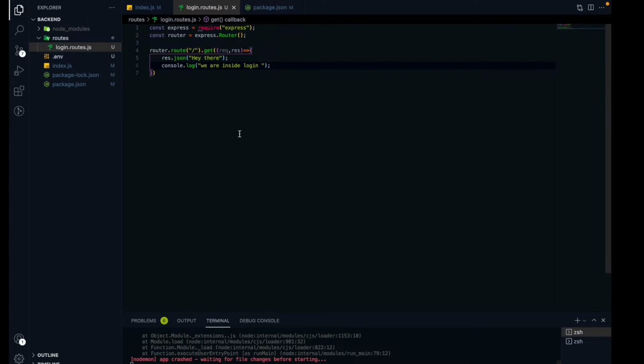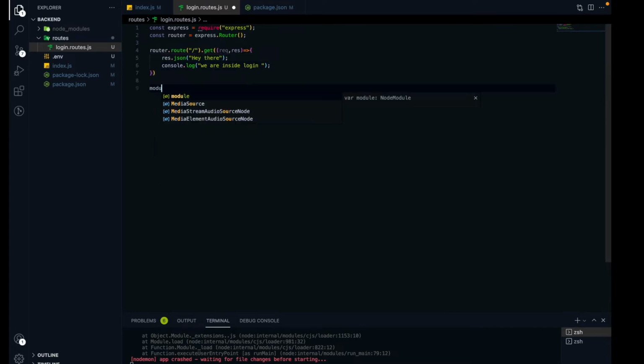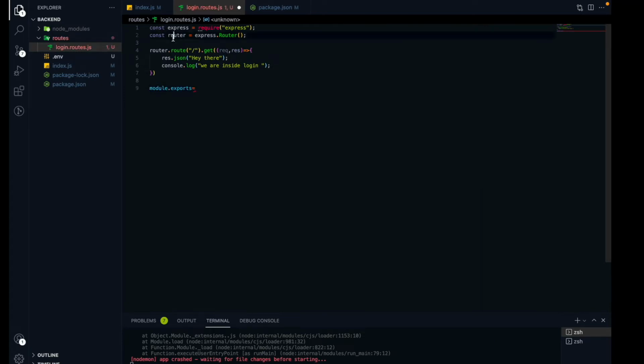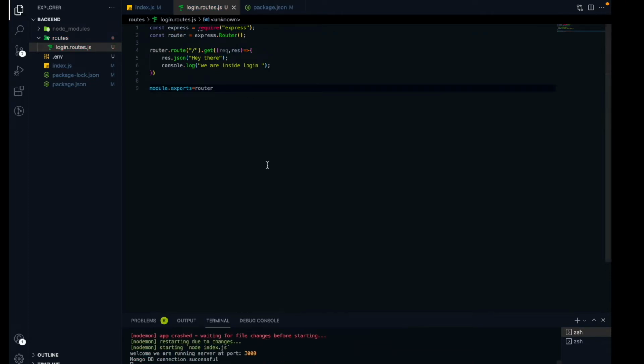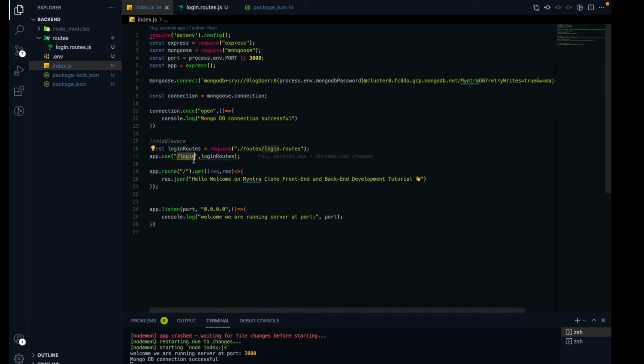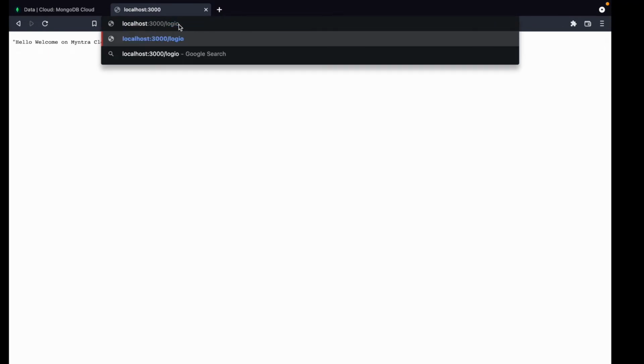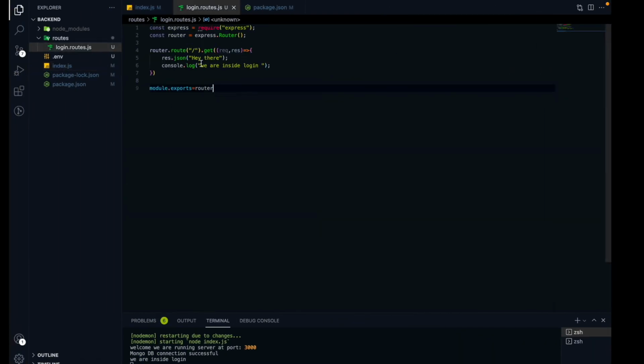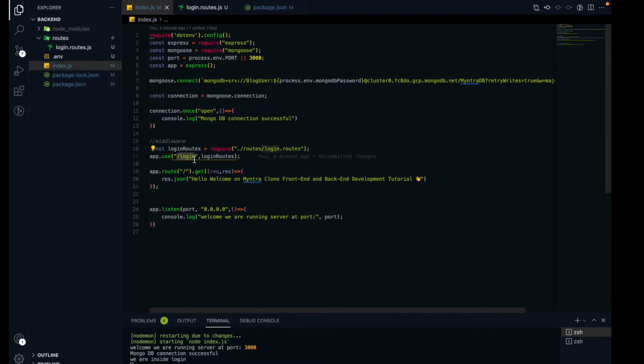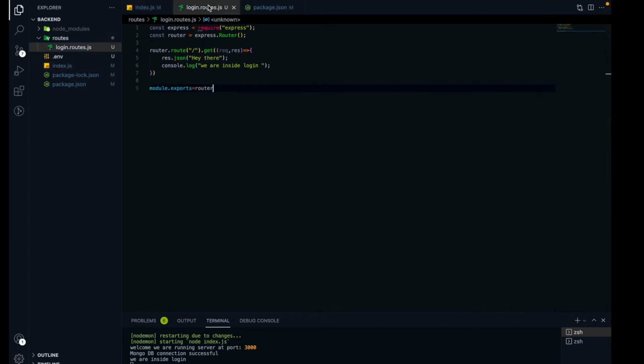Here we are getting an error because we haven't exported this thing. So we have to use module.exports with the router which we created. Okay, and the error will be gone. Okay, so the thing is like that. Suppose in a browser we put slash login, and this slash login will be taken care of by this file. Okay, so now we don't need to write the code which has the slash login inside the index.js file. We can write all the code related to the slash login endpoint here itself.